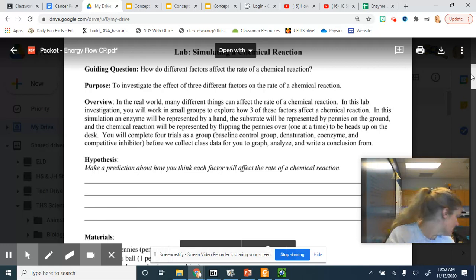And then the last round we had a competitive inhibitor. So you're holding a tennis ball in the palm of your hand, which then really limits what you're able to do because your active site is taken up. So we're not going to worry about the hypothesis for this one,